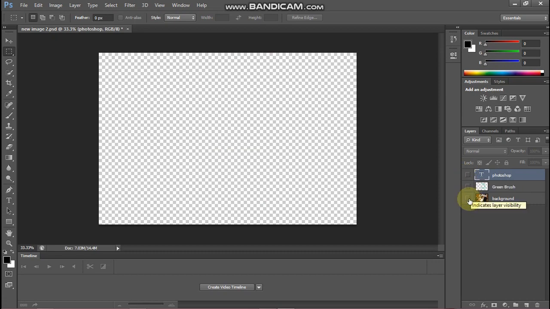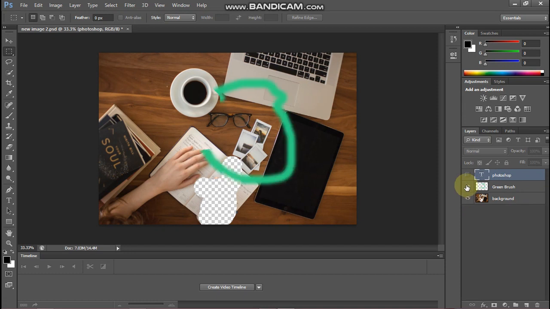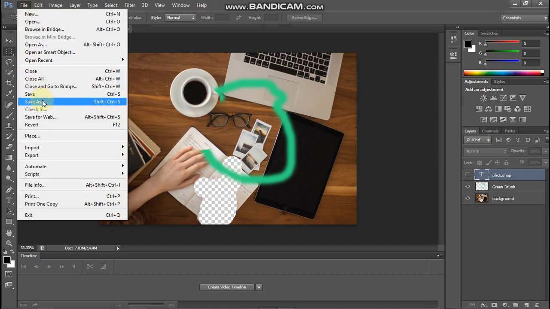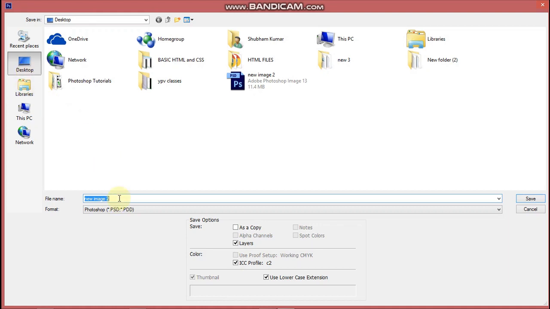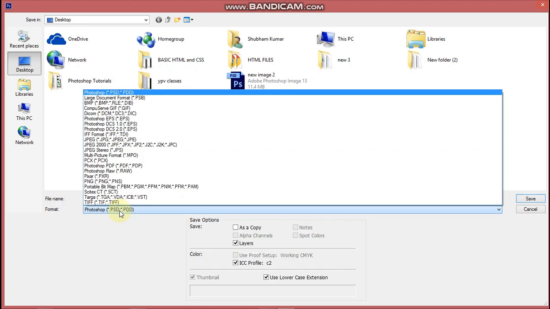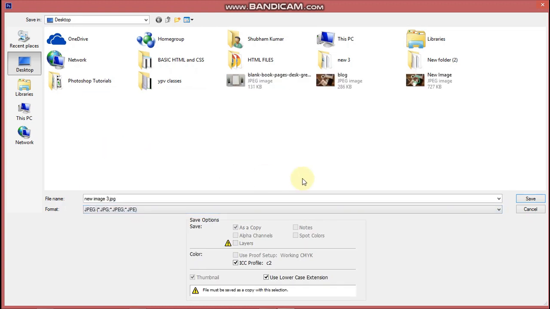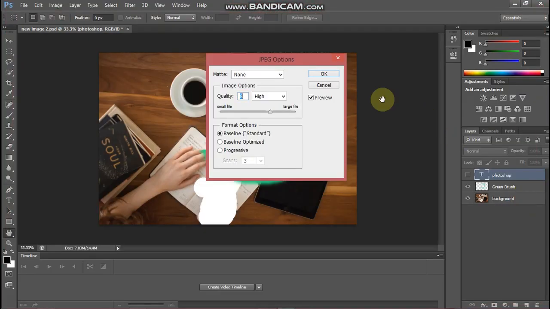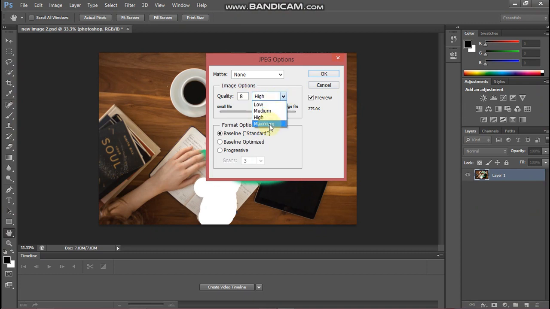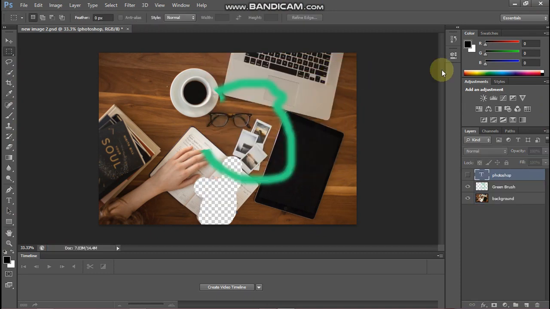Suppose I want this background image and this green brush pattern in my image for now. So I will click file, click save as. I am going to give it the name new image 3. I will select the JPEG format and click save. The quality I want to keep maximum, and the file size should be large, and click OK.